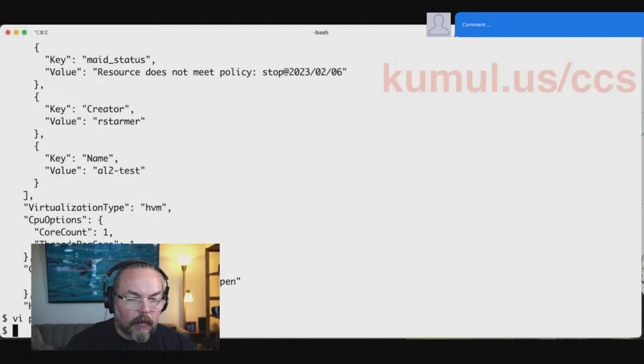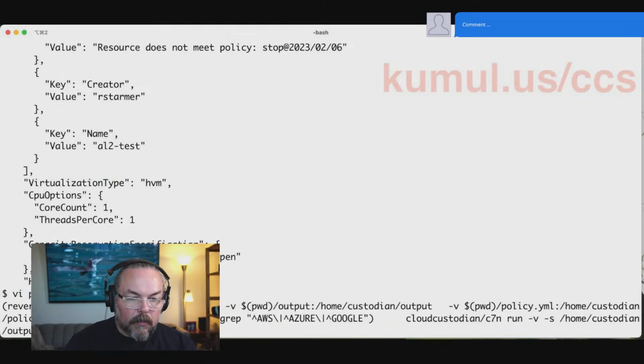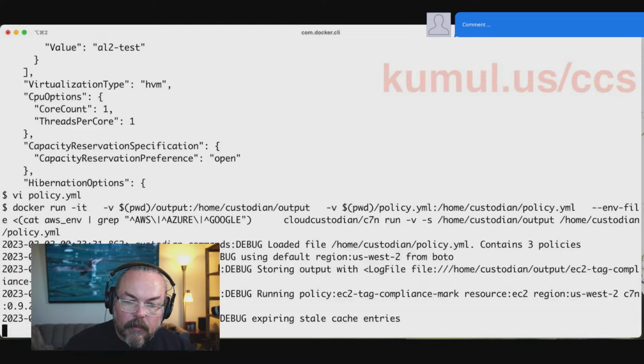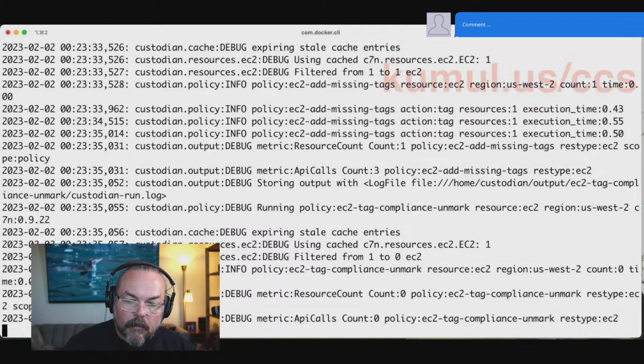Okay. And what it should then do is actually remove the tag at the end, because the third operation is, if these things have been tagged, then go ahead and get rid of them. So we're going to go ahead and run our Docker command again. Okay, resources were tagged, and resource counts. So there's nothing now that has a compliance mark that fails. So if we go look at the output,